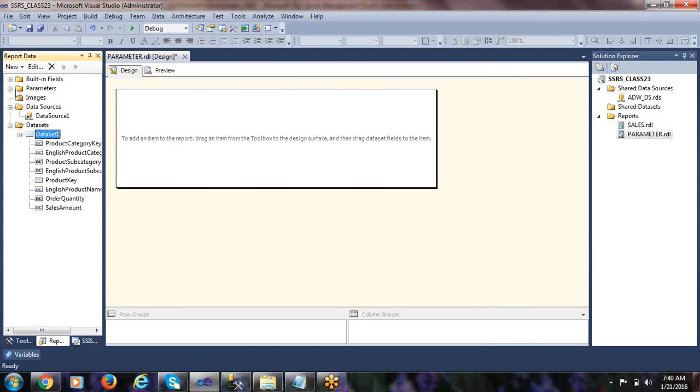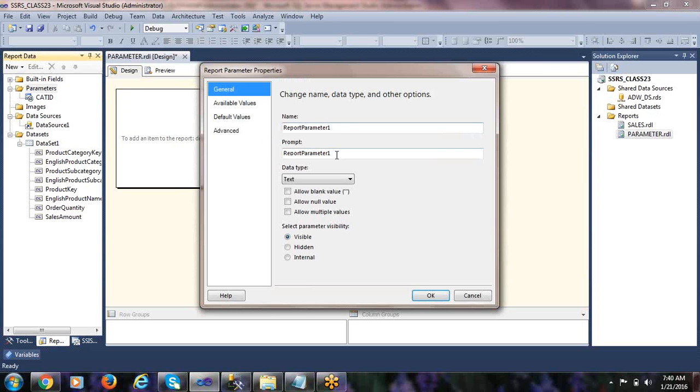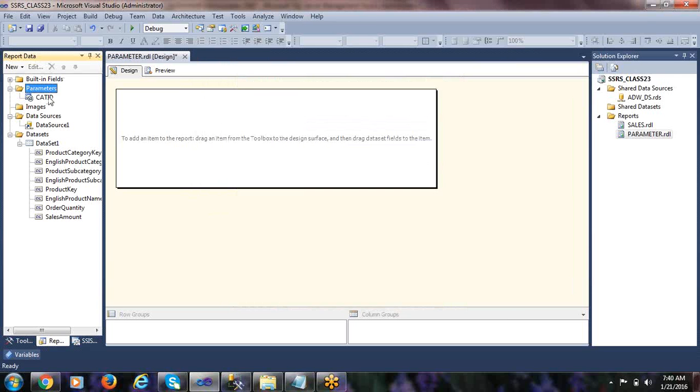The moment I click on OK, see, earlier it did not have any plus symbol. That means no information was available in the parameters. But now it has a plus symbol. If you expand that, you will be able to see the report parameter name. See, I haven't created it. Actually, we need to create it: right click on it, add parameter, provide the parameter name, then click on OK. The moment you click on OK, it is going to create a parameter. But here, the system itself is creating it the moment you click on OK button.